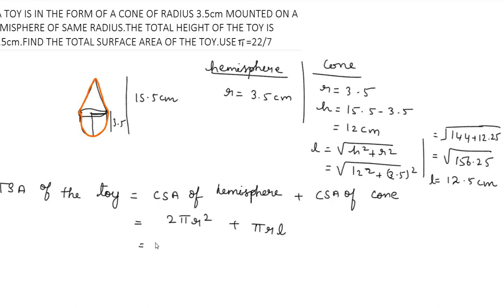Let us substitute all these things. And what is common? Let us take that out. Okay. So pi we can take out. And what is common? So the radius are same only, no? So commonly I am taking outside. So what is remaining? 2r plus L. What is pi? We are supposed to take 22 by 7. What is r? 3.5. And 2 into 3.5 plus what is L? We have found 12.5. Okay.